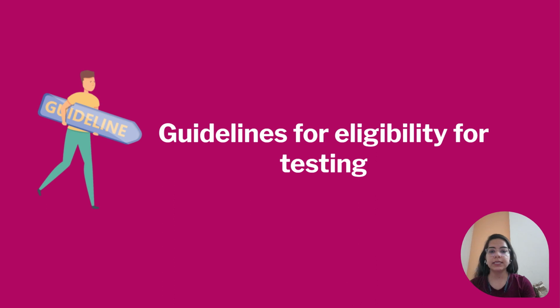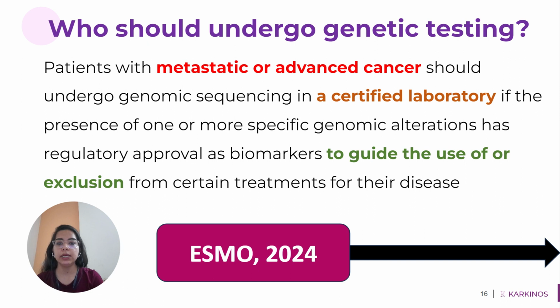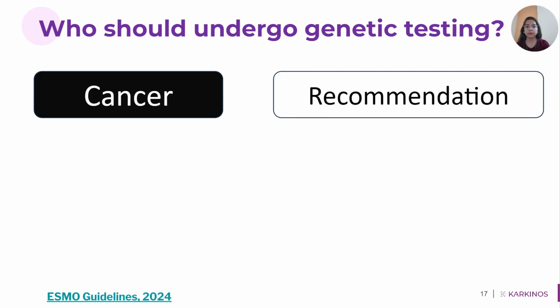Now, who should test for getting these kinds of targeted therapies? There have been certain guidelines which have been laid down for it. So, patients with metastatic or advanced cancer should undergo genomic sequencing in a certified laboratory if the presence of one or more specific genomic alterations has regulatory approval as biomarkers to guide the use of or exclusion from certain treatments for their disease. So recently, the European Society of Medical Oncology has updated its guidelines in 2024, according to which there